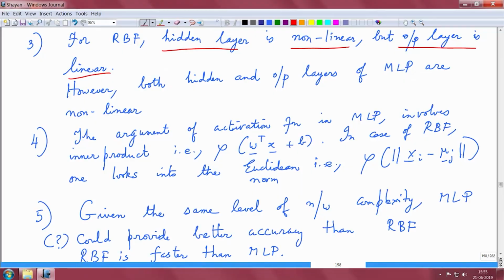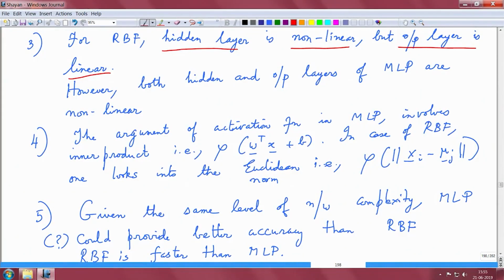So, in that sense we can think that MLP has slightly better generalization abilities because the output layer is also endowed with nonlinearities. Now, the argument of the activation function in a multilayer perceptron involves computing the inner products between the input vector and the weights,